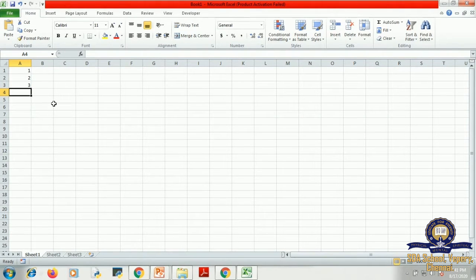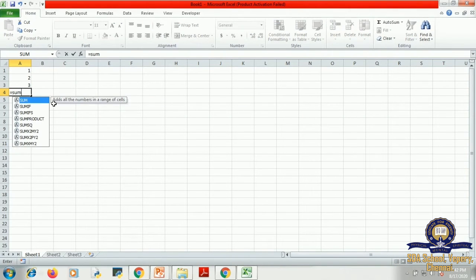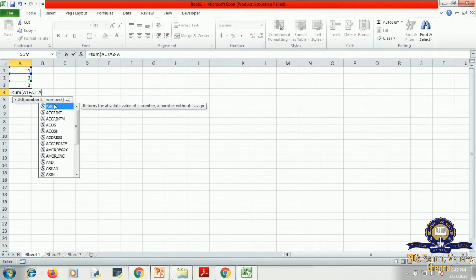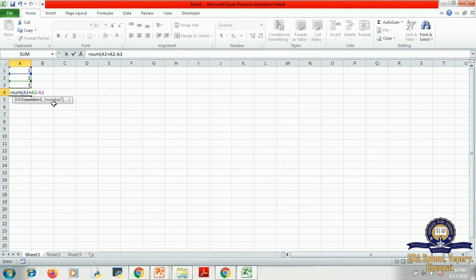Now what will be the next one? We are going to do the multiplication. Okay. But first, how to do subtraction here? Yes, the same way you can just use SUM, but the first value, if it is 1. Now I'm going to select the value first, A1. Again I'm going to plus, again A2. Now I want to subtract the value 3. So I'm giving minus A3. Now I'm just going to close.